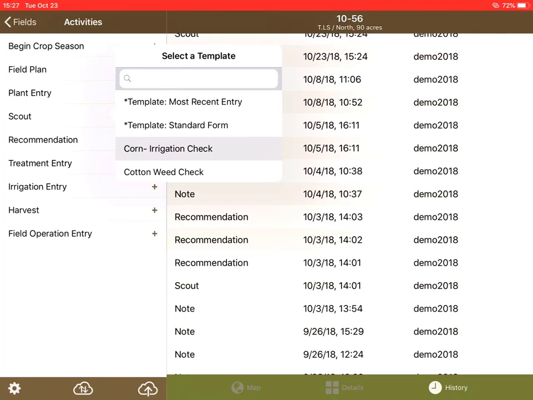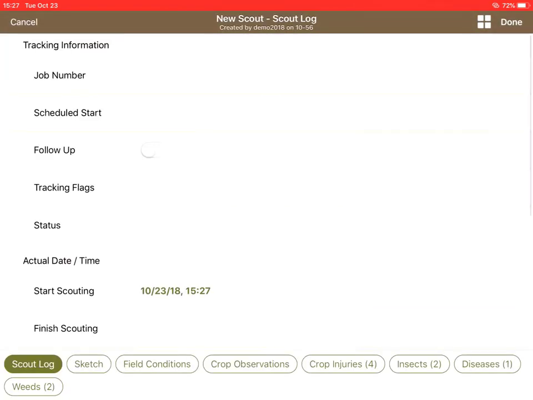A journal entry template is used to set up the form for the data that you plan to collect. This can be created in FieldX Office. In this case, I'll select corn irrigation check, which is set up with the data fields I need for an